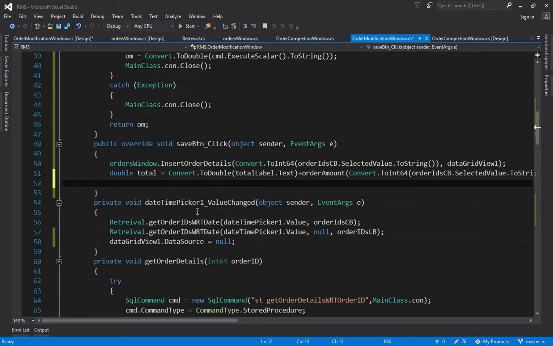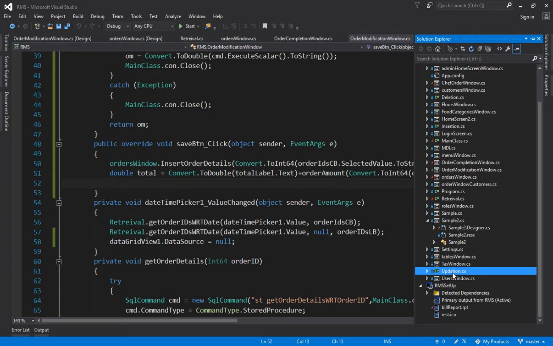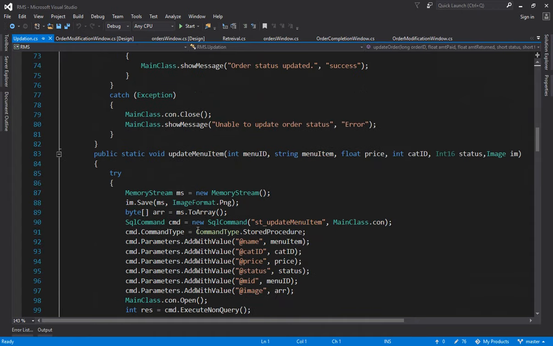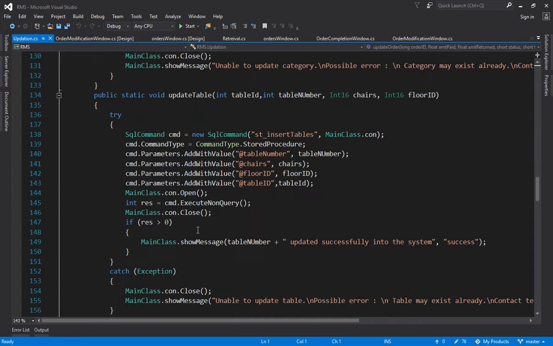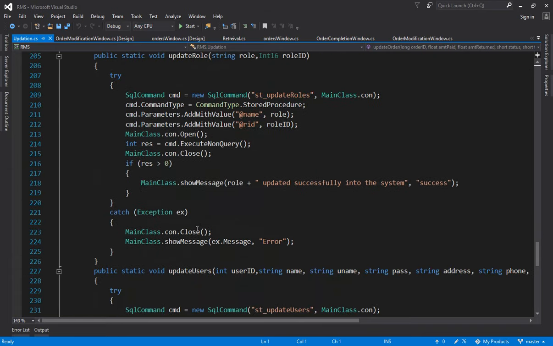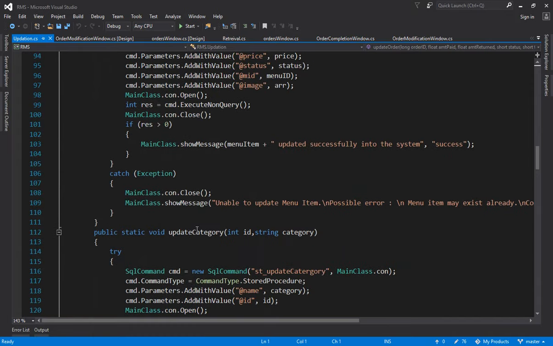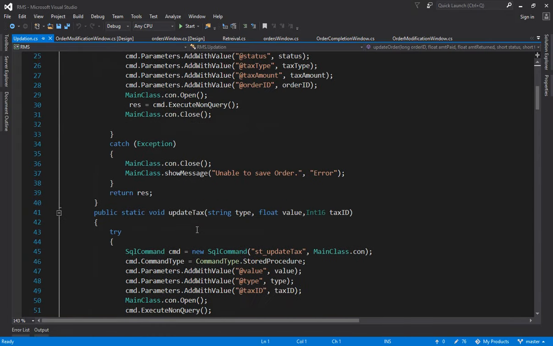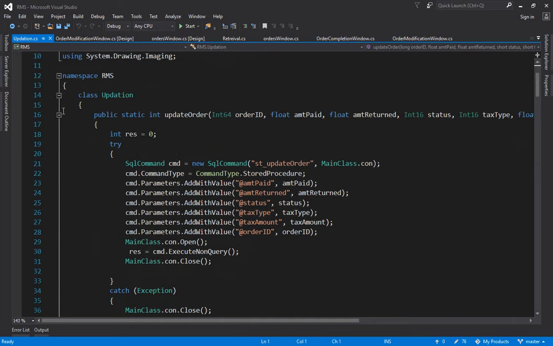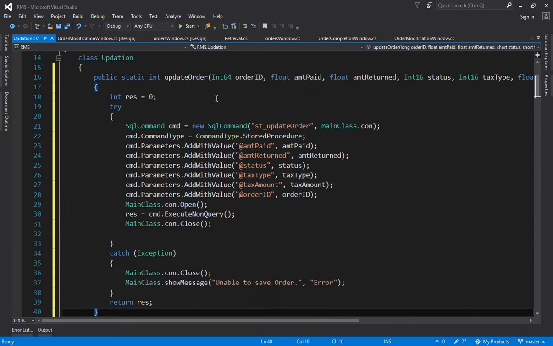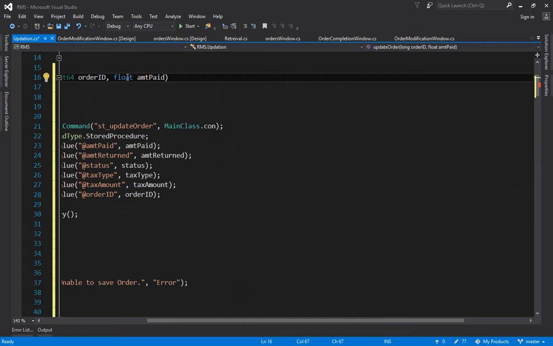So what should we do here? Let us go and see inside the updation class where is the update order. Update order status, update menu item, update category, update table, update floors, update customer, update role, update users. Where is that update order? We don't have any update order, I think, at this particular point. Update text, yes, this is the one on the top. Copy and paste it. Here you need only order ID, and that's it, and it should be double